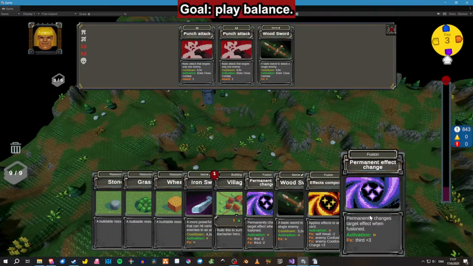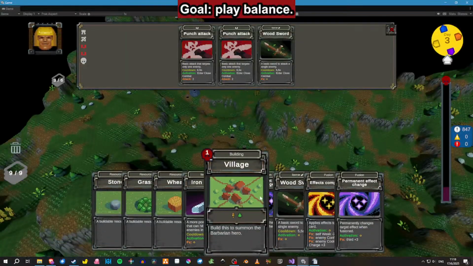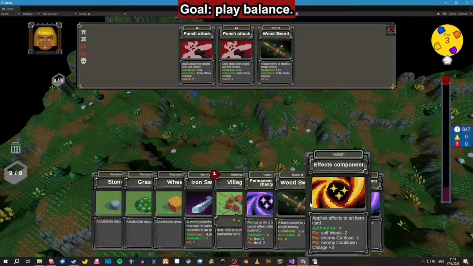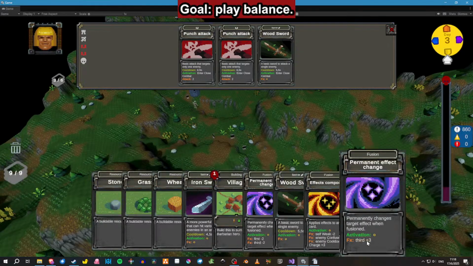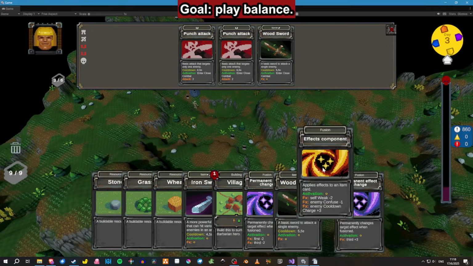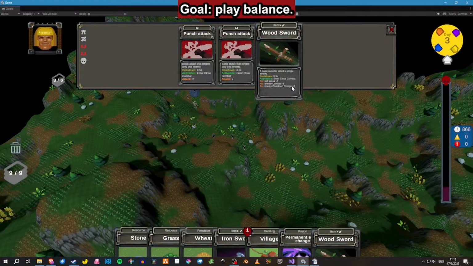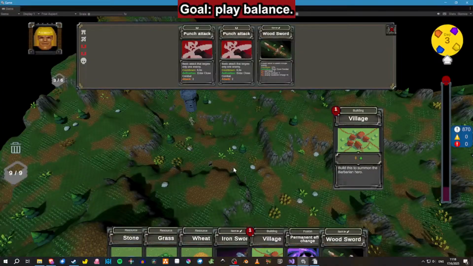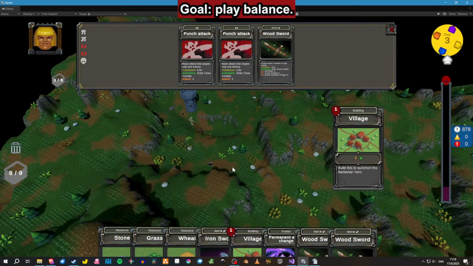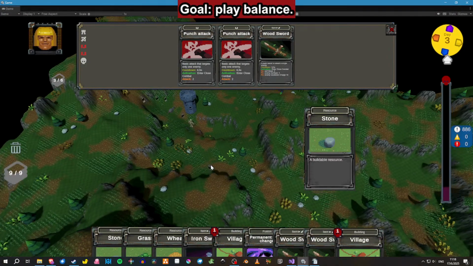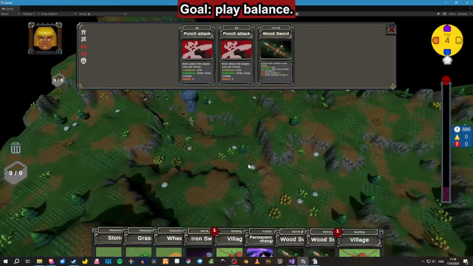Okay, another legendary one. So I can change this actually. First, -2. No, this self-weak. Third, enemy cooldown. No, I want to increase thirst. So this makes them super slow with this. There. So